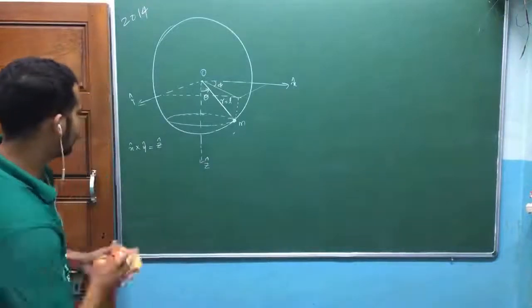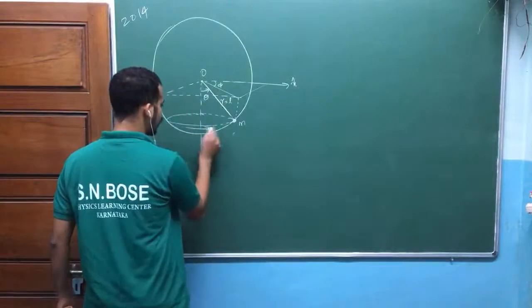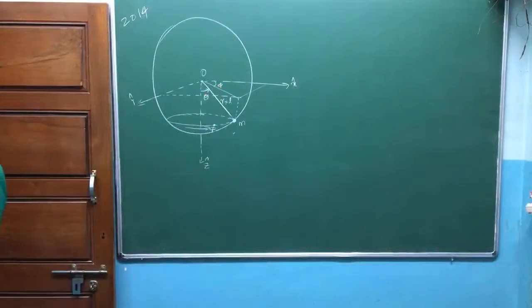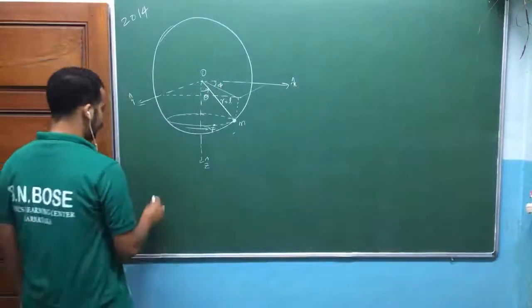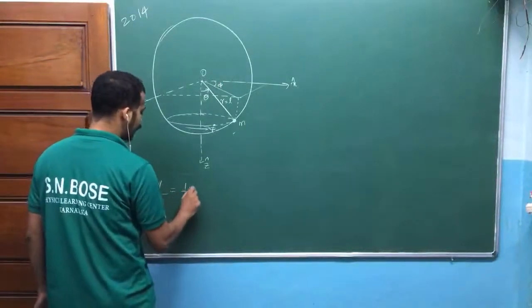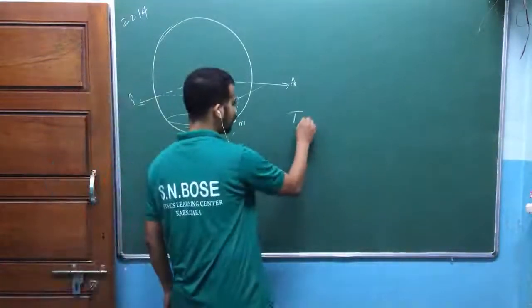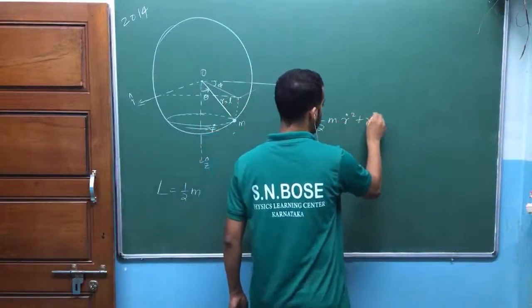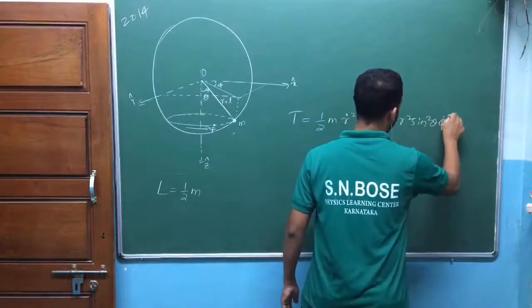Now look here. So that's why he mentioned that for this circular motion, you can define angular velocity phi dot. That is nothing but your spherical polar coordinate phi coordinate. Now look here, I'm going to write the Lagrangian quickly. So my kinetic energy part is half m. There will be no radial component. I hope you know how to write the general kinetic energy in spherical polar coordinates: half m times r dot square plus r square theta dot square plus r square sine square theta phi dot square. Am I right?